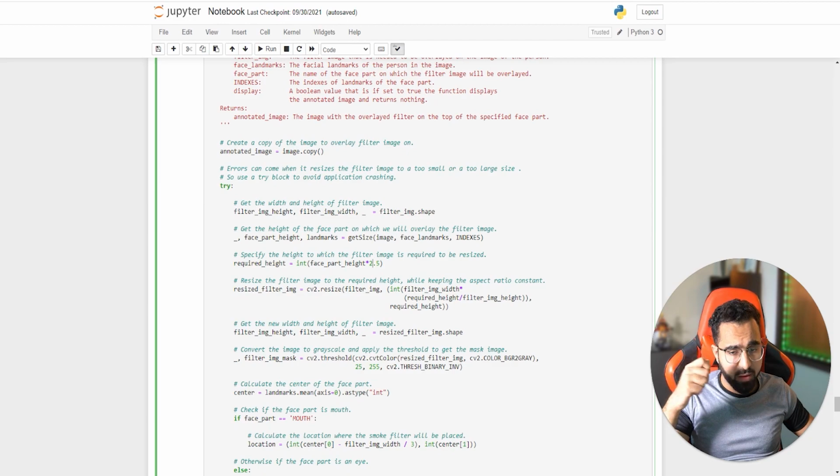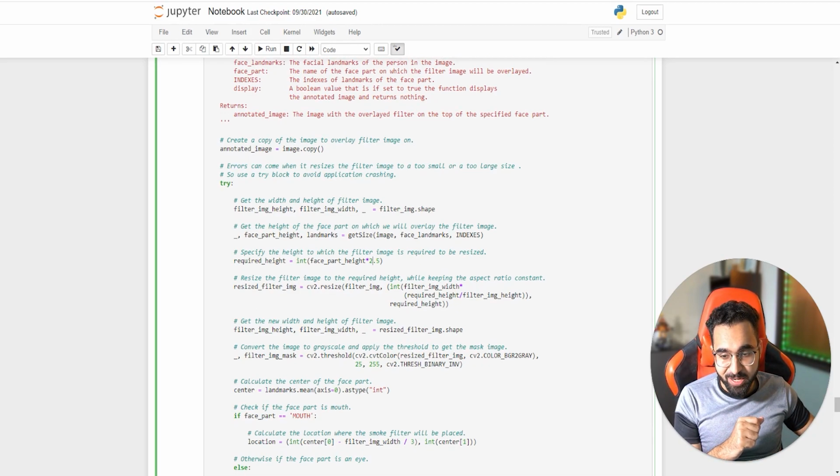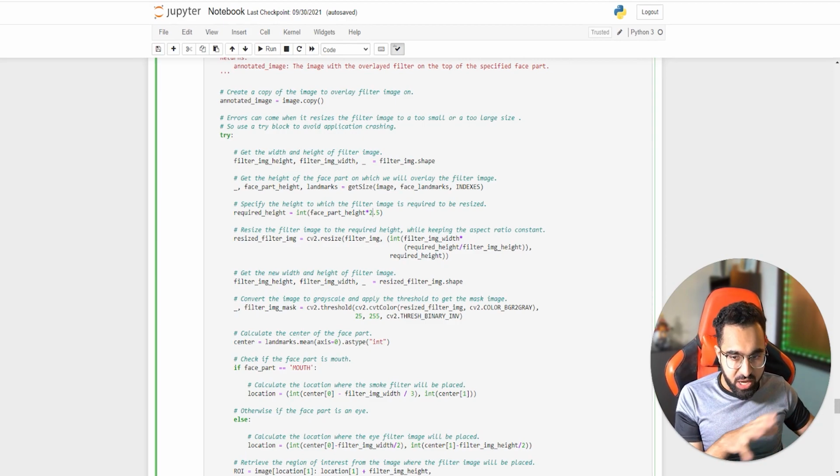In fact, when I was working with this, I had a lot of ideas, but I needed to make it as simple as possible, and still ended up with a lot of code. So there's that. Anyways, once you have a filter, you just resize it, and you get the resized filter image.